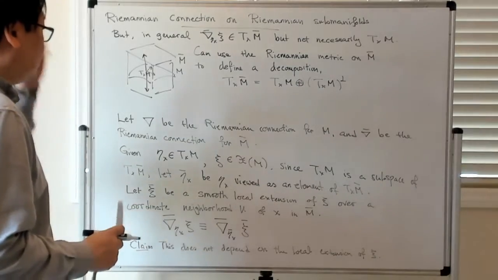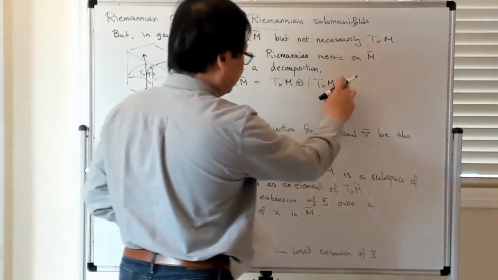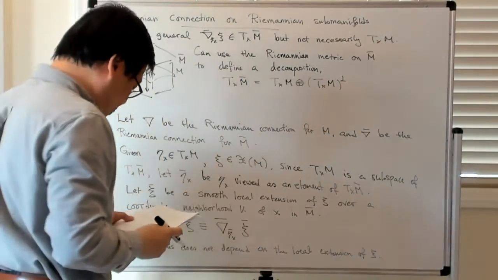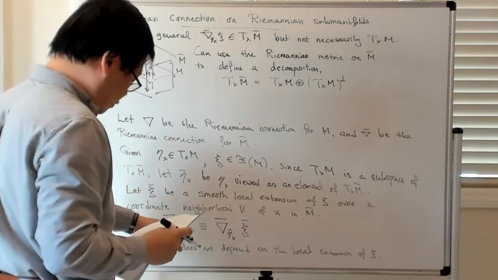Okay, and the perp is with respect to again this Riemannian metric. Okay, so in particular that allows me